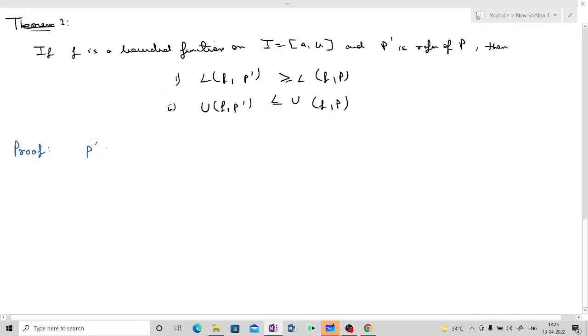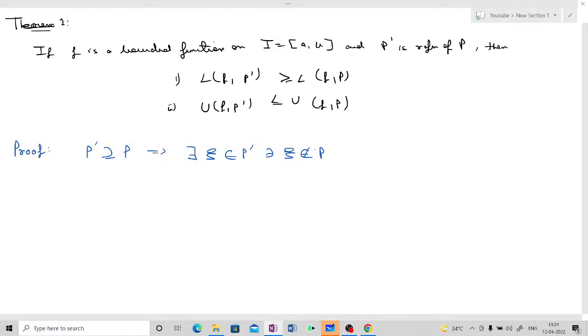Let us assume that P' is given to be a refinement of P. This implies there exists some element, let's say eta, belonging to P' such that eta does not belong to P. So we take an element in P' which is not there in P, so this makes P' a refinement of P, right? Also, by the concept of partition,